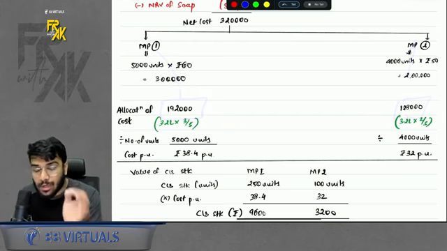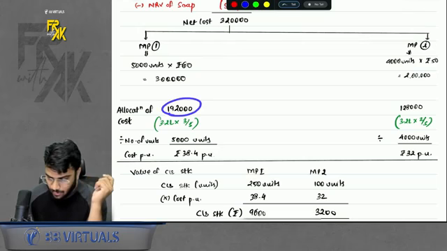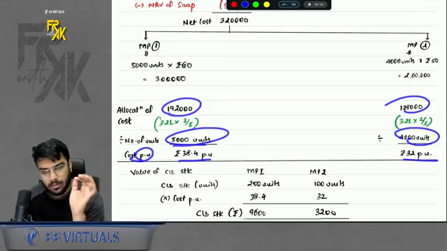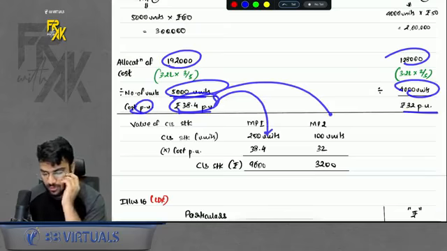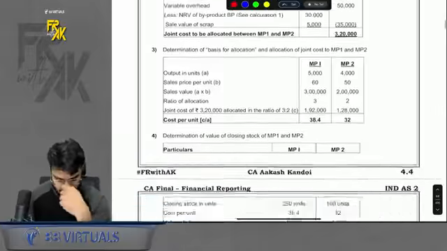Now total cost was not asked, only the amount of closing stock is asked. How will you calculate this? Divide the total cost by number of units. You will get cost per unit. Okay, then multiply the cost per unit by the units of closing stock. You will get the amount. Simple. It is simple. Just practice it. Okay, then